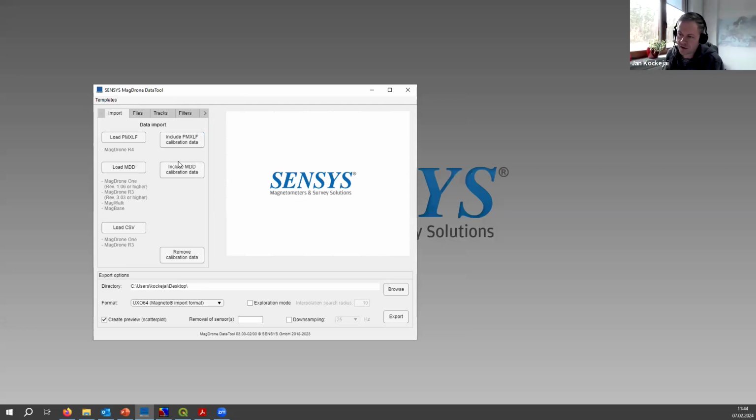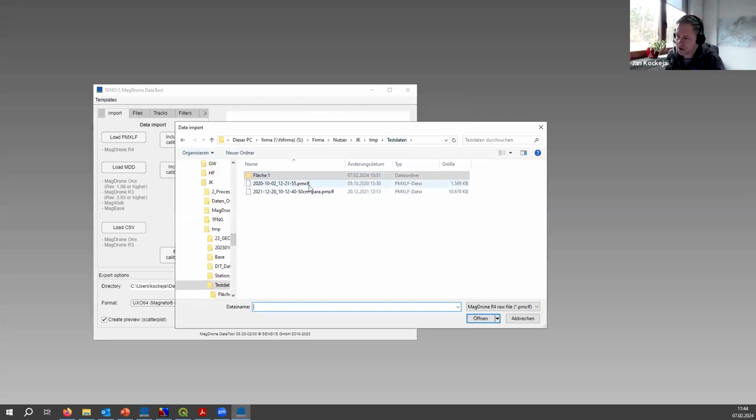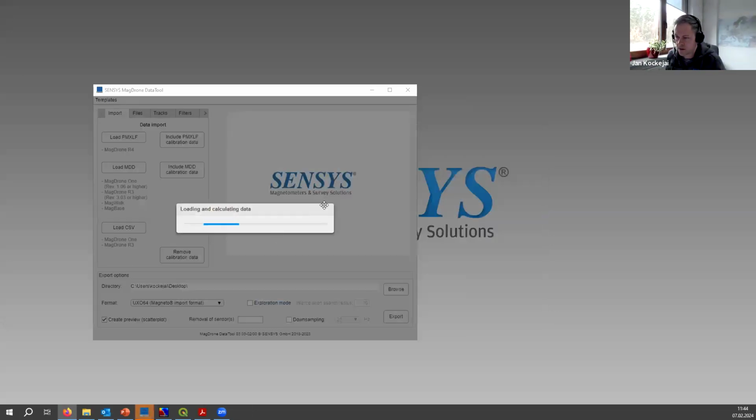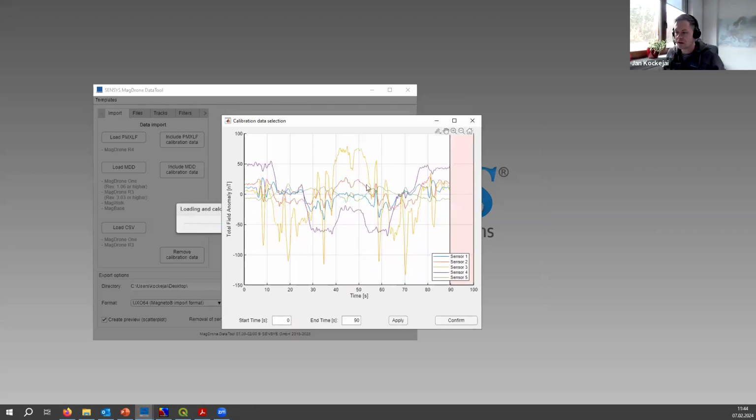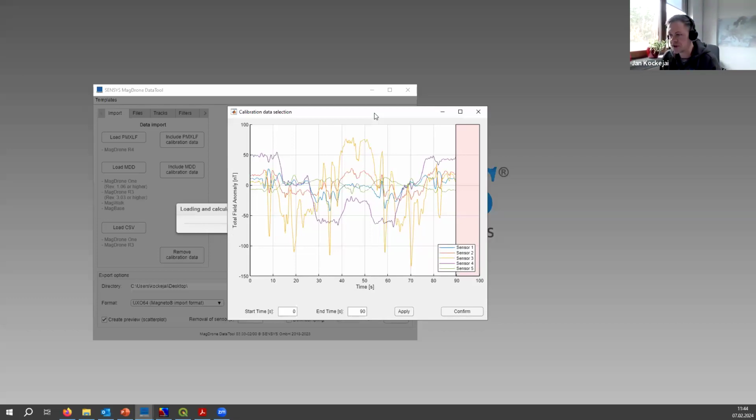And another one is, as I mentioned before, there's a possibility to include a calibration record. And the new thing about that is that you can have a look at the data before. So I hope you see this additional screen here. So you see the record you've done, and the result is even better when you select a special